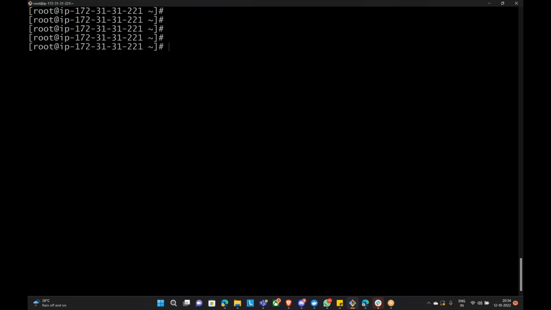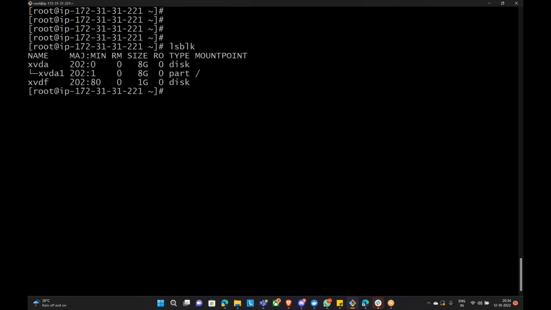So what is the disk we have now? The lsblk. So this is the disk, right? So before you can mount this, you have to create a file system. Okay, so mkfs.ext4. See, these are all under Linux administration. Okay, so you don't worry. xvdf,